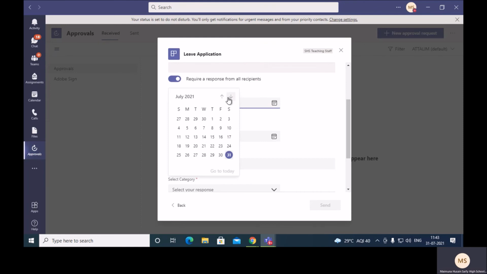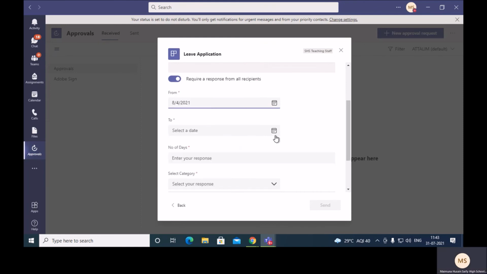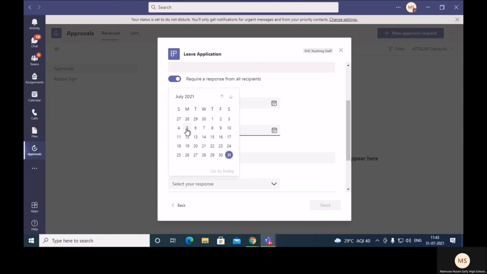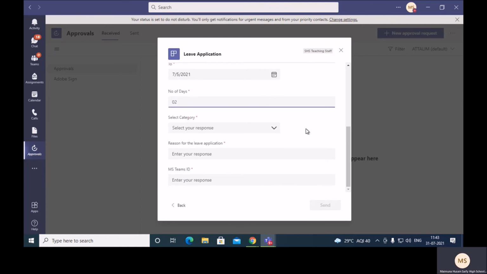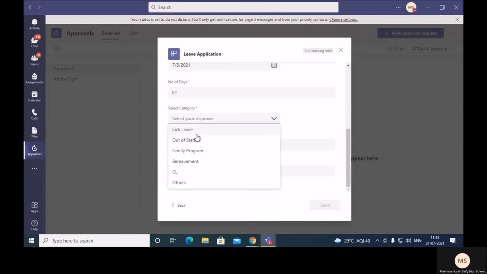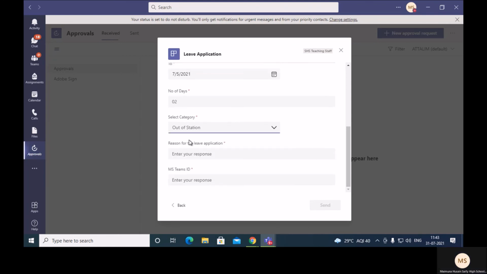The date, from, to, total number of days, then the category for which I need the leave, reason, and MS Teams ID of the teacher.